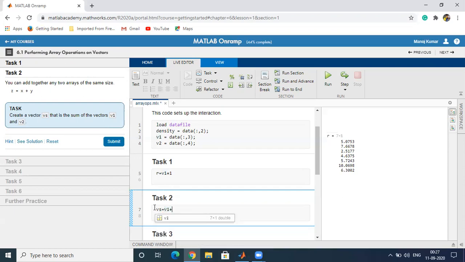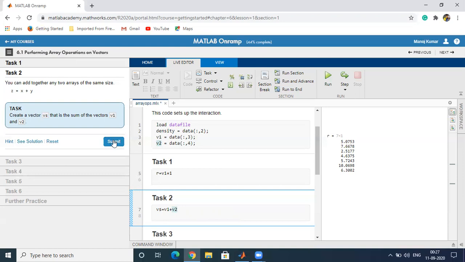If we do v1 plus v2, we get a vector which contains the component-wise sum. So vs equals v1 plus v2.